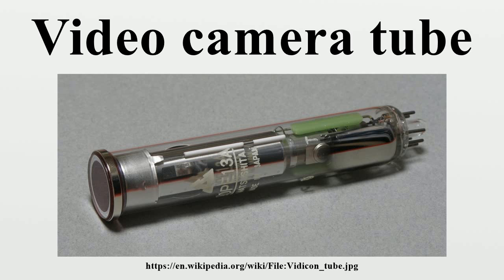plate containing a mosaic of electrically isolated photosensitive granules separated from a common plate by a thin layer of isolating material. Somewhat analogous to the human eye's retina and its arrangement of photoreceptors. Each photosensitive granule constitutes a tiny capacitor that accumulates and stores electrical charge in response to the light striking it. An electron beam periodically sweeps across the plate, effectively scanning the stored image and discharging each capacitor in turn such that the electrical output from each capacitor is proportional to the average intensity of the light striking it between each